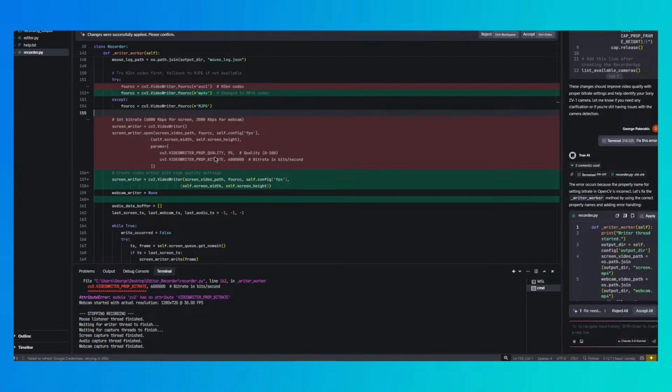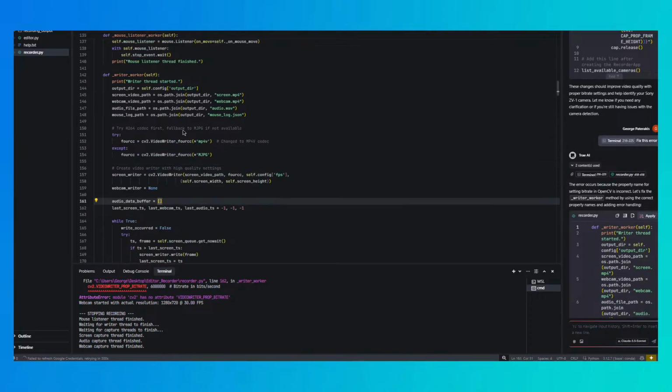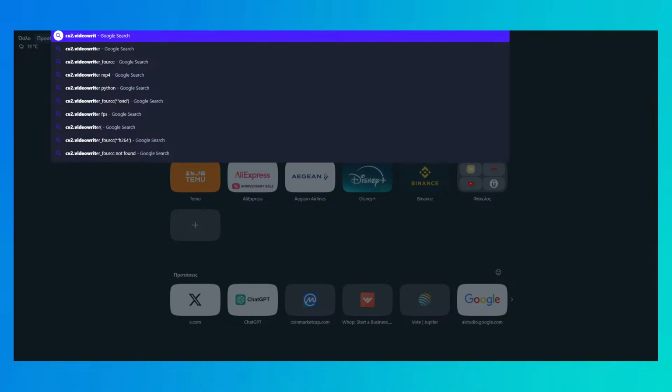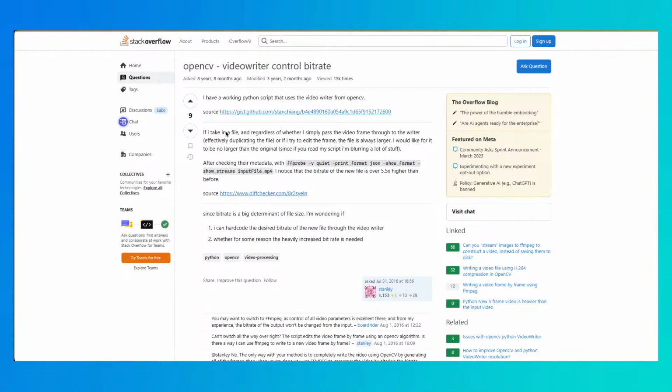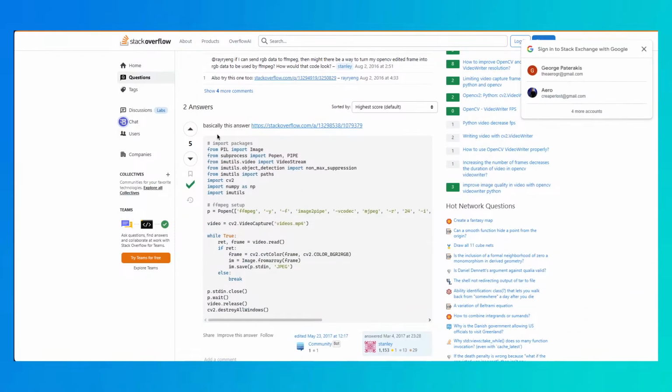So let me activate the camera in a little bit. So here you can select these configurations, and okay. Okay, so that's interesting. So the recording, no matter what we do, will be super huge. In general, I'm always trying cv2 VideoWriter bitrate. So the only way to control, okay, so if I take a file, okay, so we will have to,